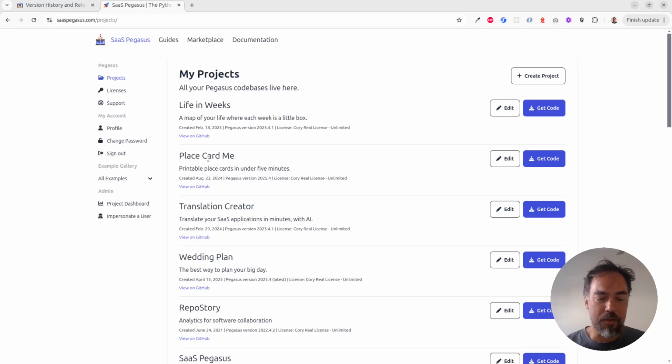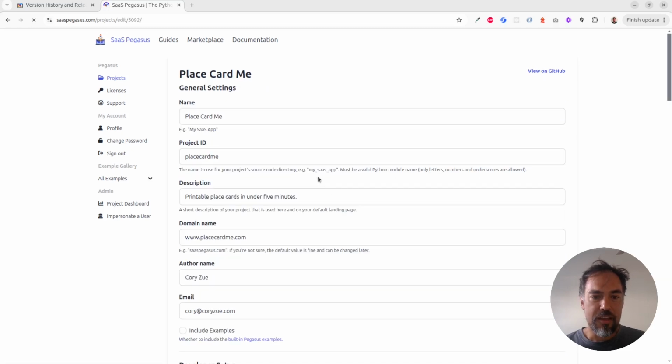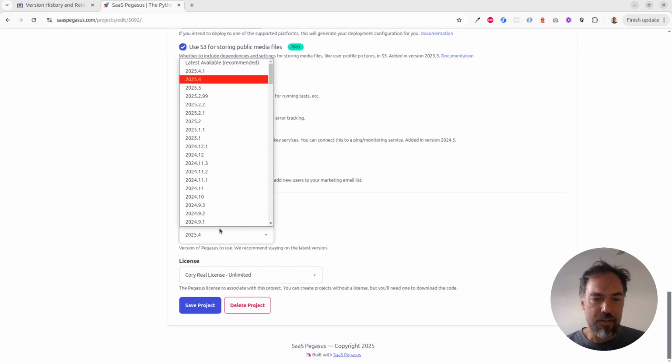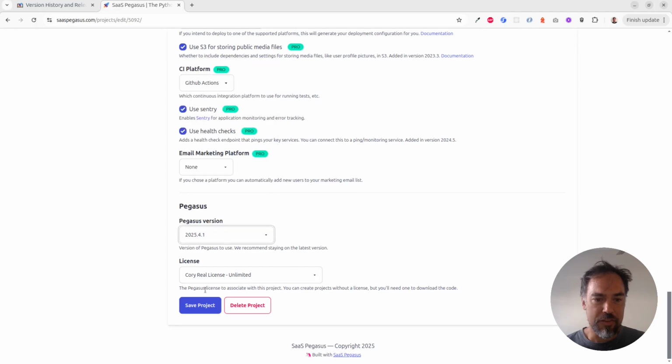Cool. So the first thing I'm going to do is the normal upgrade process. I'm going to upgrade PlaceCardMe, which is this app that I've been running for a really long time that helps you make place cards. You can see I'm on Pegasus version 2025.4. The first thing I'm going to do is go in and change my version to 2025.4.1